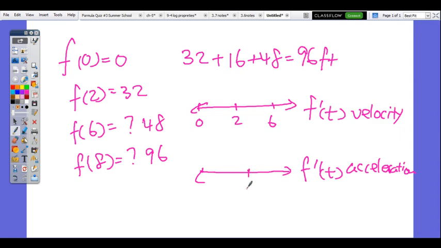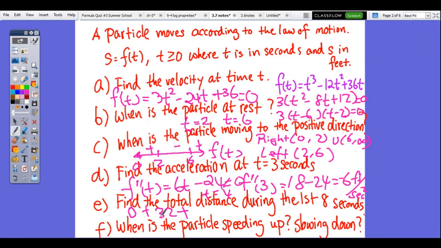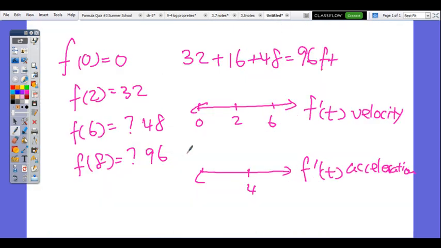Okay, so t equals 4. Again, according to the first derivative line test, here's what we got: positive, negative, positive. And now you want to do the second derivative line test again. So the second derivative line test, you do have